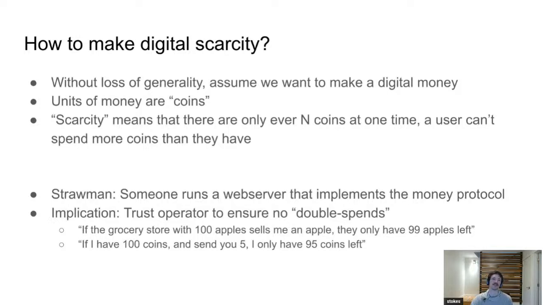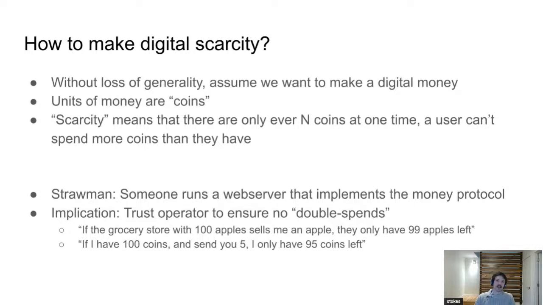we have these blockchains. They give us this property of digital scarcity, and let's now try to think about how we might do this. So, let's zoom into one use case. Again, this generalizes to any of these notions of scarce objects we want to think about. But let's say we want to talk about digital money, right? So we have money. Let's say there's units of money, which are coins. So imagine I can have coins. I can spend coins. It really should follow your intuition of having money in the physical space.